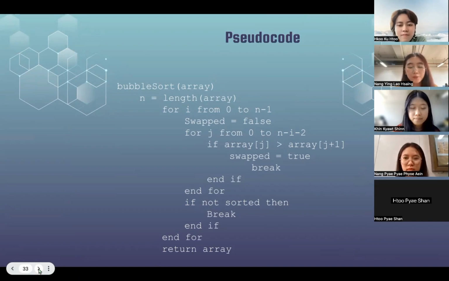return the array. We will use the array and n, the length of the array. We will use the first loop for the iteration of each element in the array. And we set the swap condition to false so that we will know if it is swapped or not. In this pseudocode we also use a nested loop, and in the inner loop, j goes from 0 to n